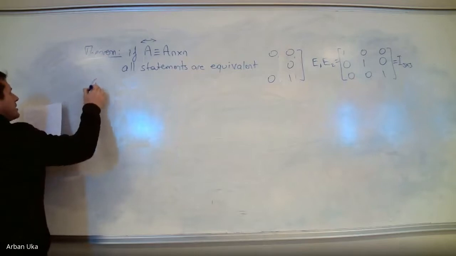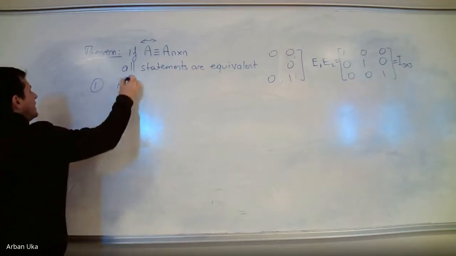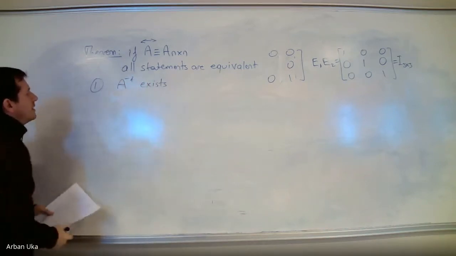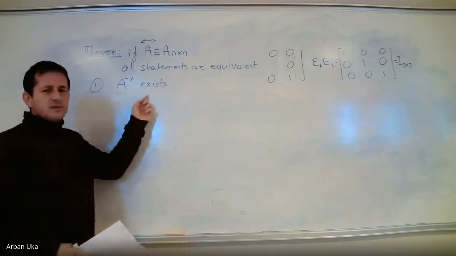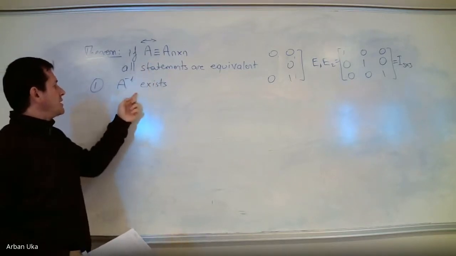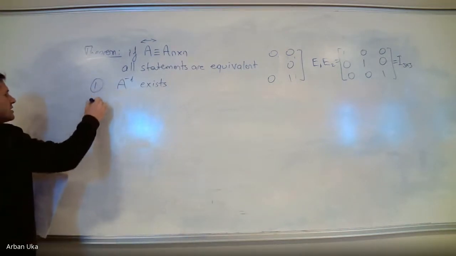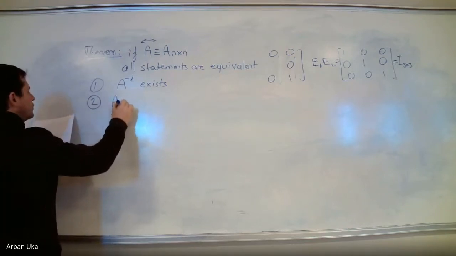So the first one is: A inverse exists. We're saying all statements are equivalent. This does not mean that matrix A has an inverse, but this means that if this exists, we have also the second statement that follows, which is Ax equal to b